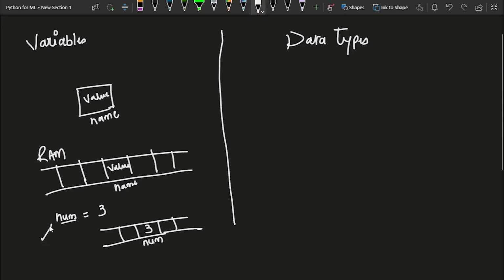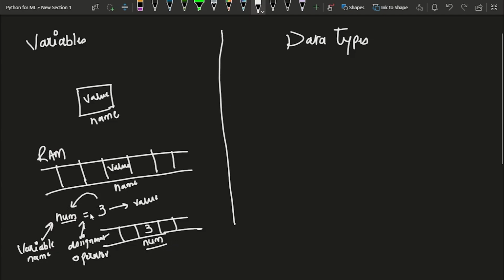So in this case, this is the variable name. This is the assignment operator. We will see what exactly it is in just a moment. And this is the actual value. So what it basically does is that whatever is on the right side of it will be stored in the left side. So the 3 will be stored inside the num variable, and this is how it will be represented in memory.